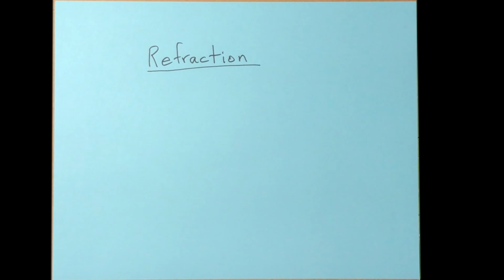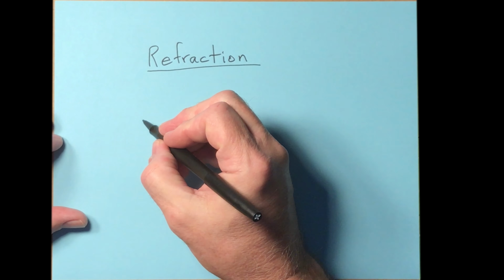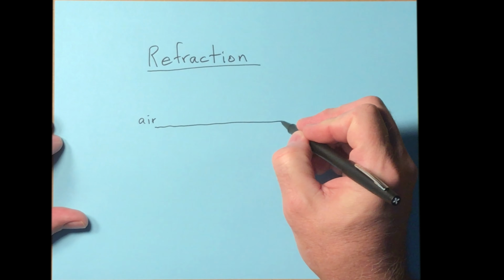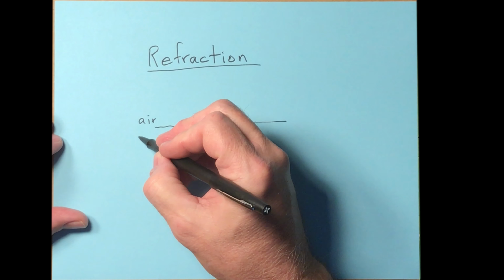We're going to talk about refraction today, and refraction is the idea that the path of a light ray will be deflected or change its direction because of some change in the medium. Now you know that light rays travel through a medium, let's say something like air. But when it goes from air into something else, let's say water,